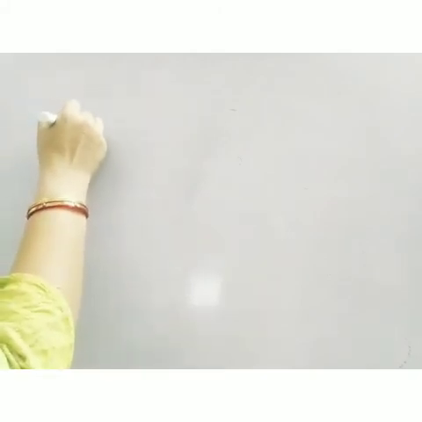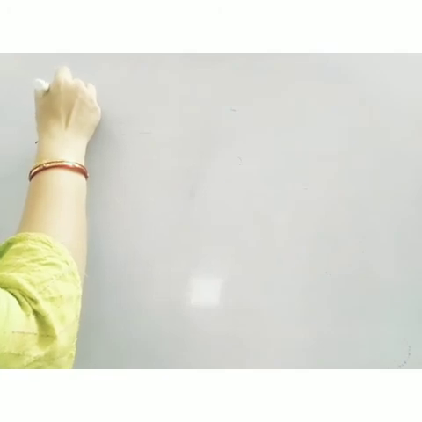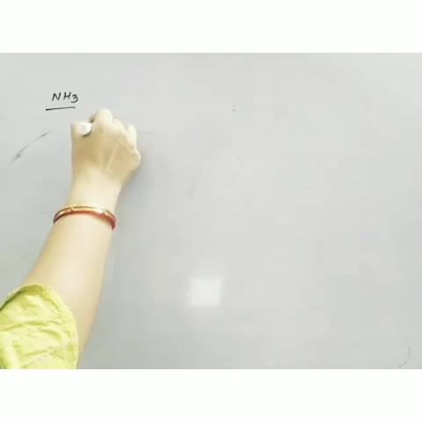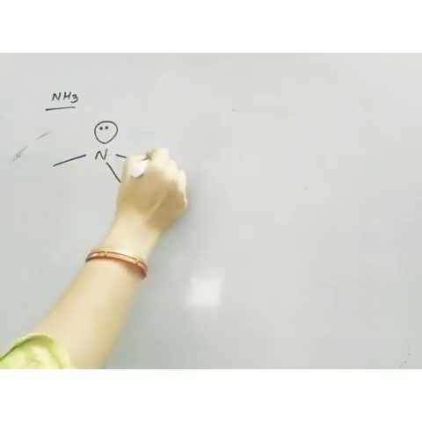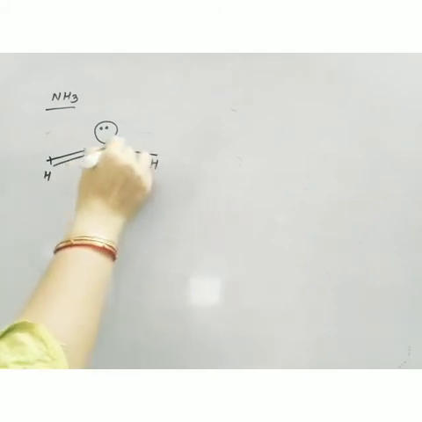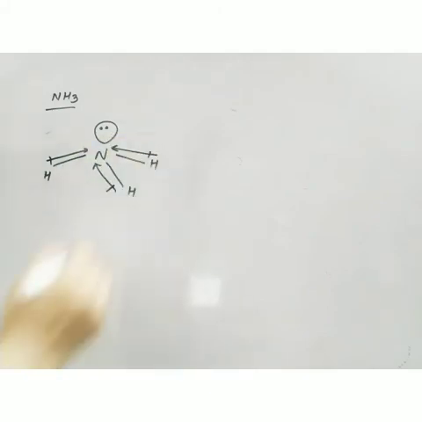Now let's take one more example. Ammonia. Now ammonia is having pyramidal shape. Okay. Now nitrogen is more electronegative, so put the arrows, vectors 1, 2 and 3. Okay. This cross means positive. Okay, suppose if I write vector like this, so this means this is the positive end. Okay, so three vectors are moving towards nitrogen.